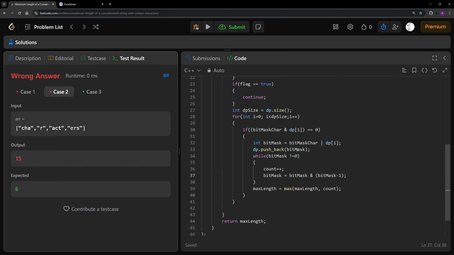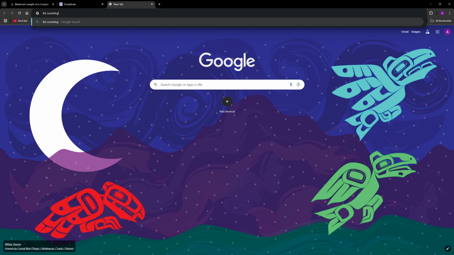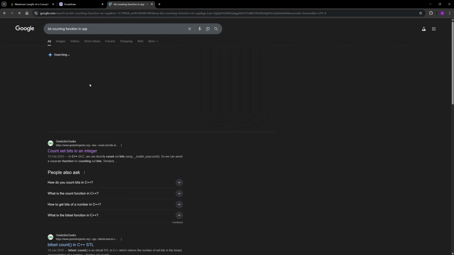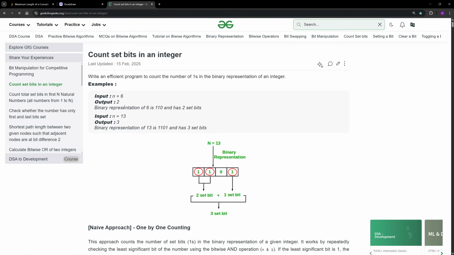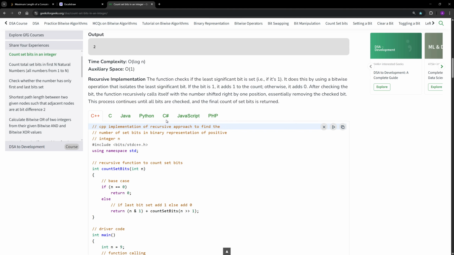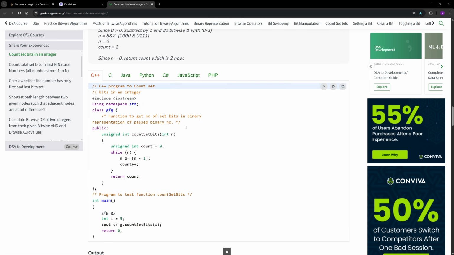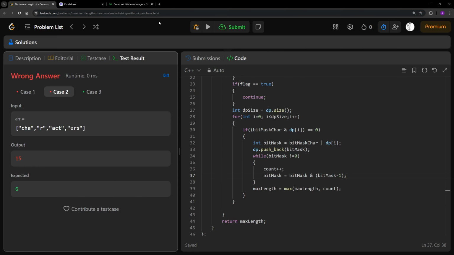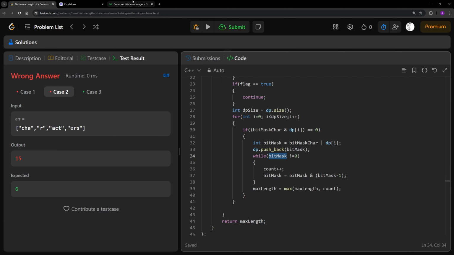It's able to detect for this thing but not for the remaining thing, so I'll do one thing: bit counting function C++. I totally forgot, guys, that's what I said. This is the built-in popcount. Let's see, I had used the Brian Kernighan approach, the AND of n minus 1. So I think this is correct only if n is not equal to 0. Initially we start from 10, 10 is not equal to 0, this loop will continue, and at each point I'm just taking the AND of n minus 1 and incrementing the count, so this is definitely not the issue.